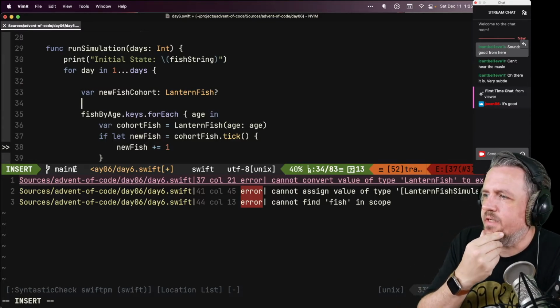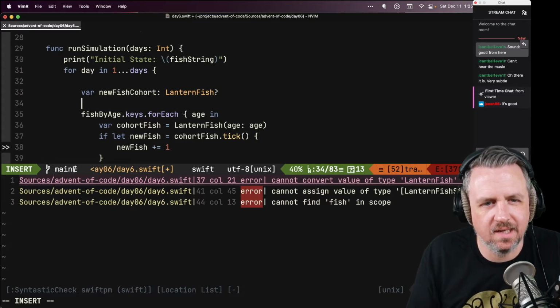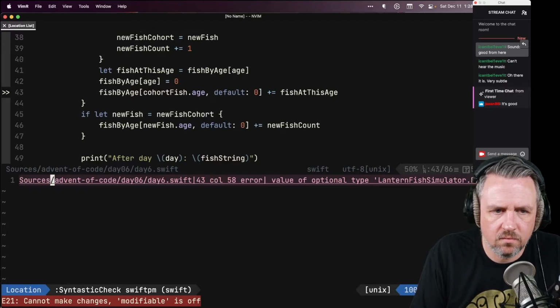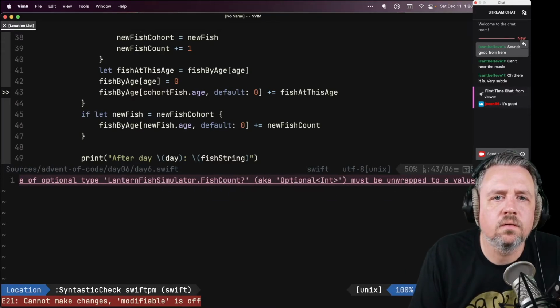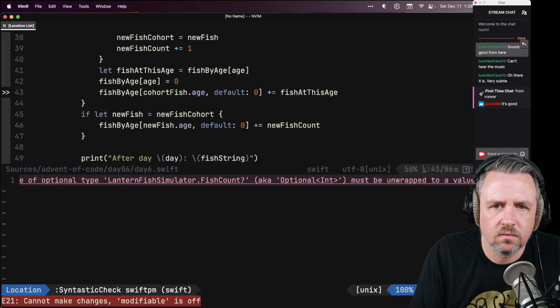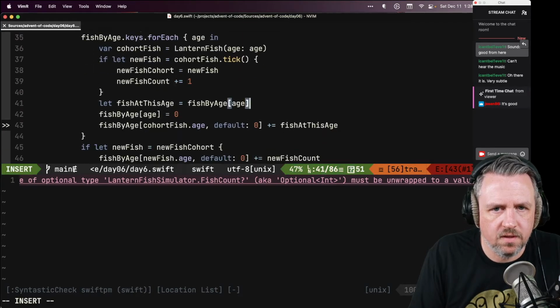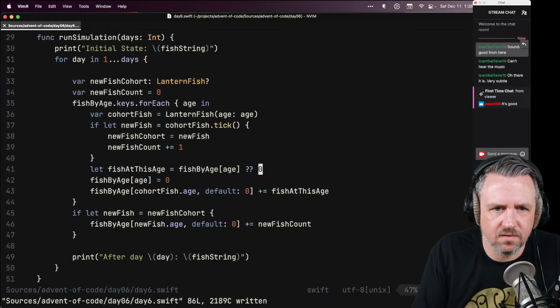I could just make it a constant, but value of optional type, optional int. Well, we know that there are some here. It's a little silly to do this, but